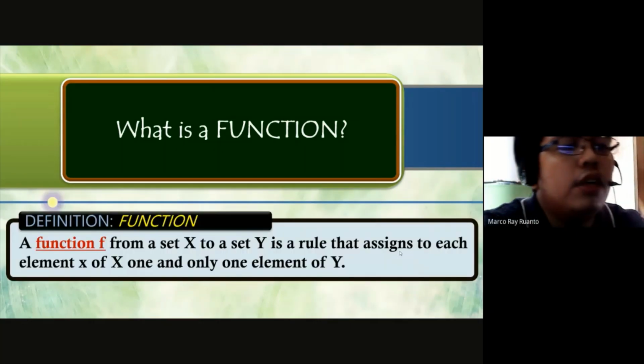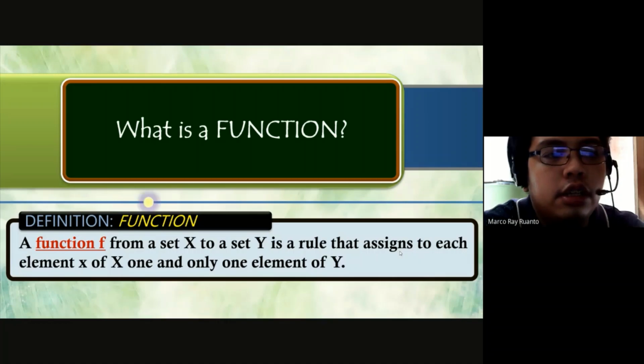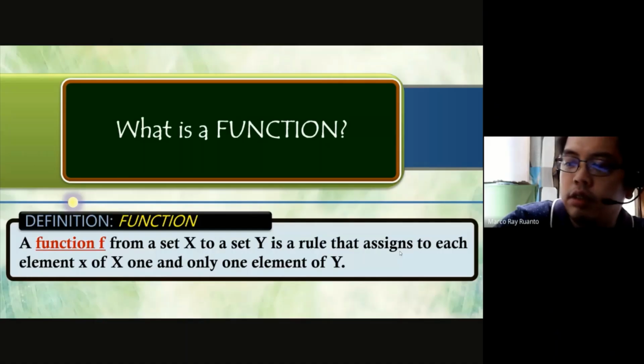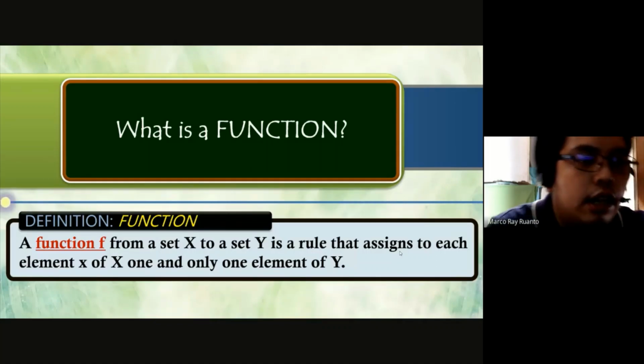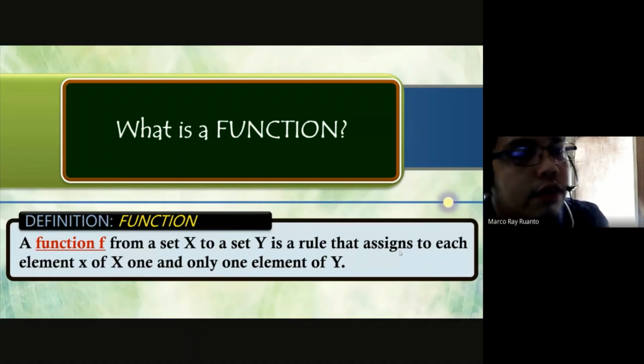Okay, a function from set x to set y is a rule that assigns to each x of X one and only one element of y. You know? So a mapping from x to y. So therefore, a function is also a relation. Take note, a function is also a relation. The only difference, what is distinct about a function, is that for every x,